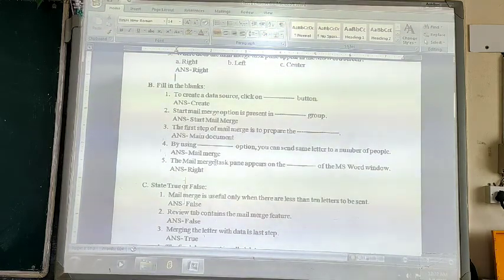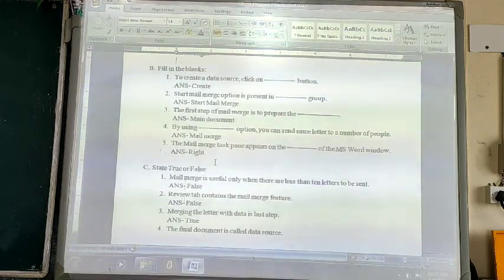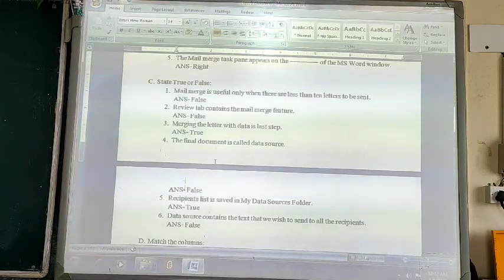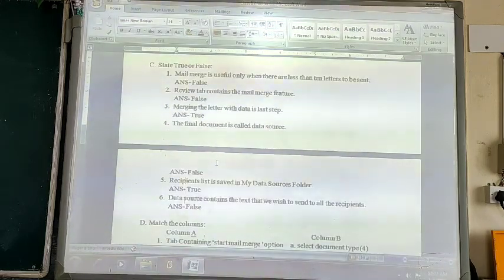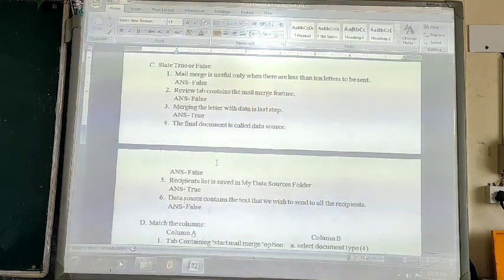Next is true and false. State whether the given statements are true or false. The first one: mail merge is useful only when there are fewer than 10 letters to be sent.